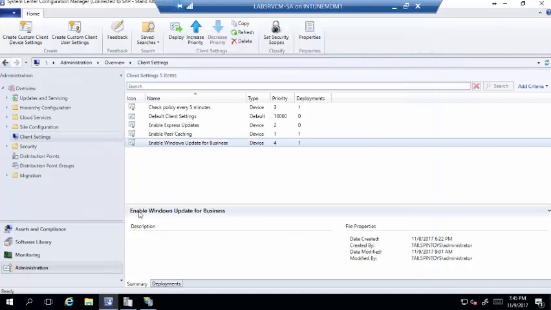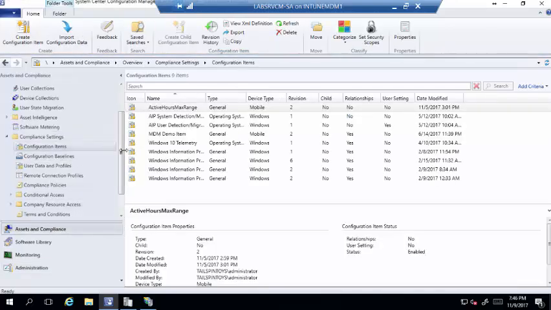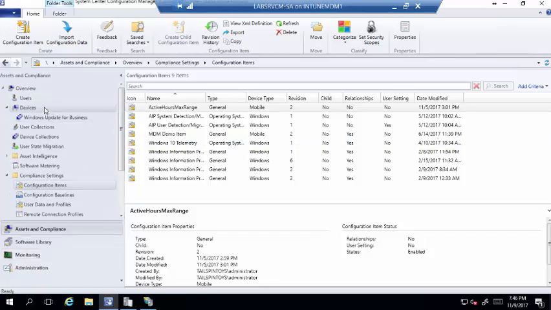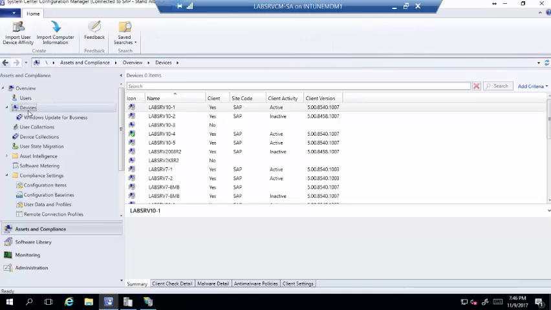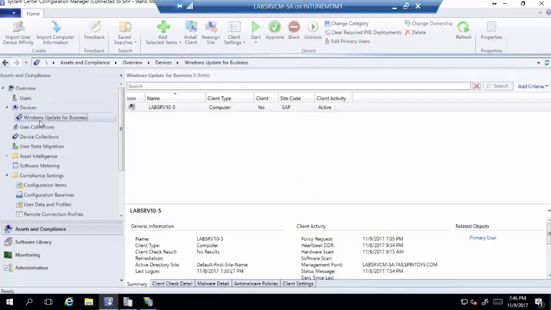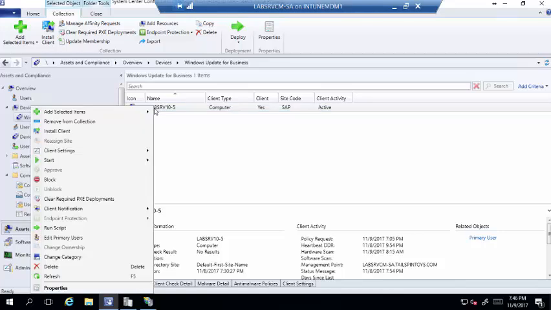All right. In terms of what else you need to do, it's good to have a knowledge of which systems are actually configured for Windows Update for Business. So there's actually an inventory property that will tell you if a system is configured for Windows Update for Business. Let's go look at that real quick. So if I look at my devices, let's look in the collection. I only have the one device right now for Windows Update for Business, but I right-click on it, Start Resource Explorer,